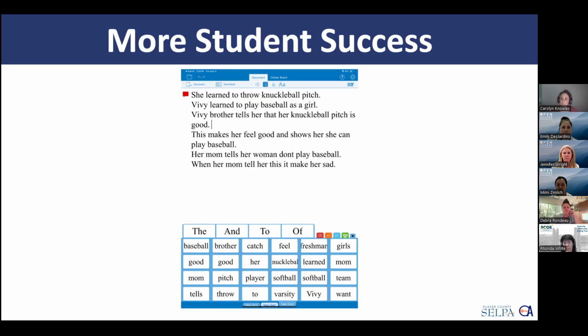So we ended up trying Clicker, and he was reading a story in class, and it just helped so much to have the keywords. We didn't use any pictures at all, but we had those keywords, and he would flip and flop back and forth between that and the keyboard. And it was the first time that his resource teacher had seen him actually concentrate on doing work for a period of time without getting super frustrated.